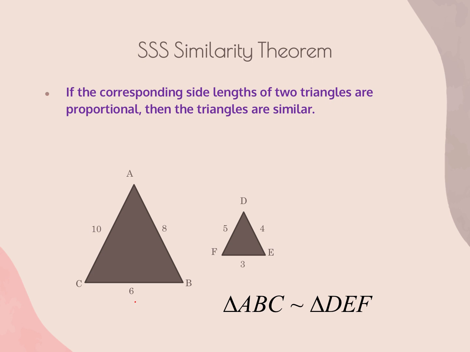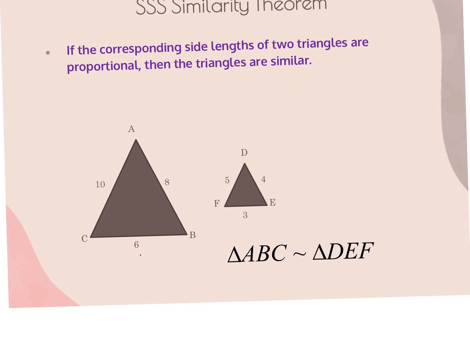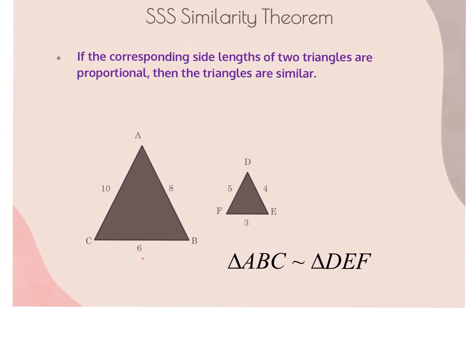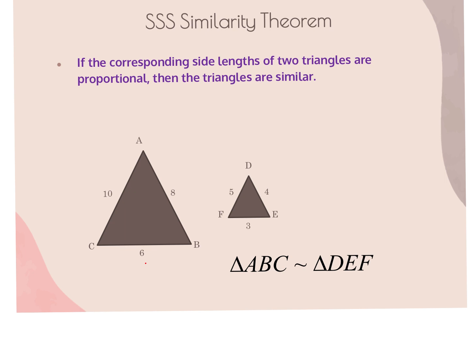So what we need to do now, instead of finding two congruent angle pairs, we need to make sure that all three sides simplify to the same ratio. In other words, to make sure that they are proportional. So this time they actually gave me a similarity statement so I can see the sides that match. But if they didn't, then I would look for the smallest side in each triangle, put those together, then the next biggest one, and then finally the largest. But I could use my similarity statement to make sure that I get all of the sides and show that